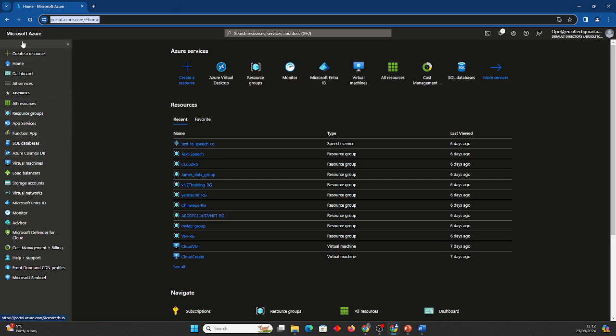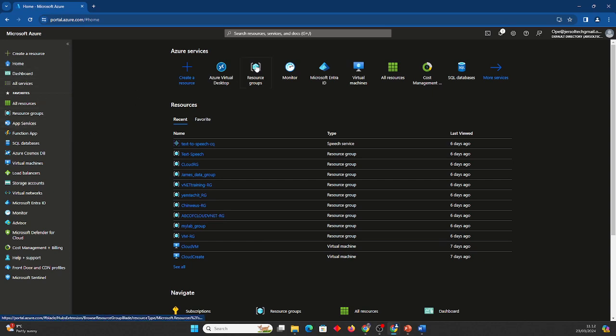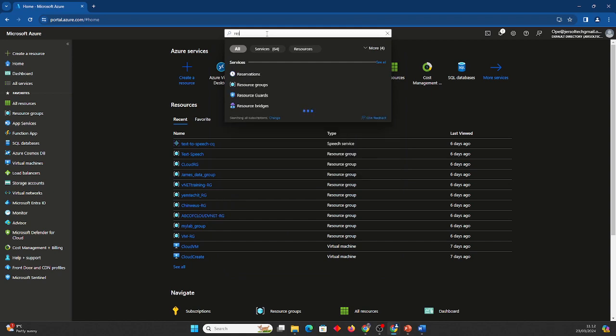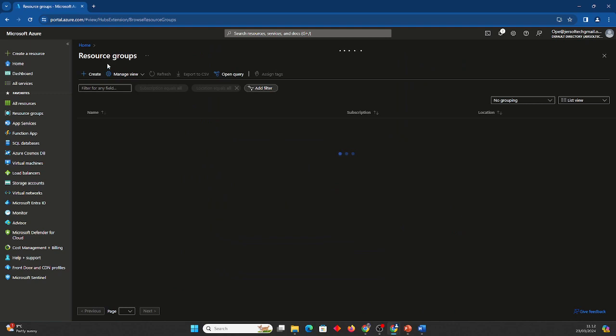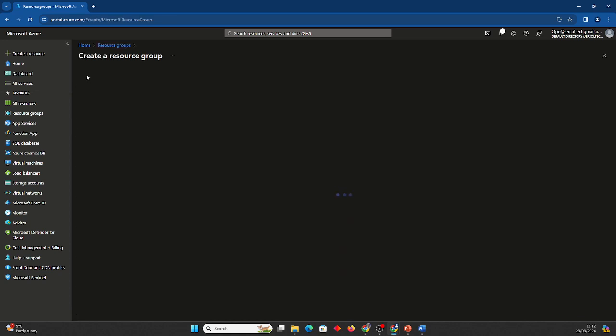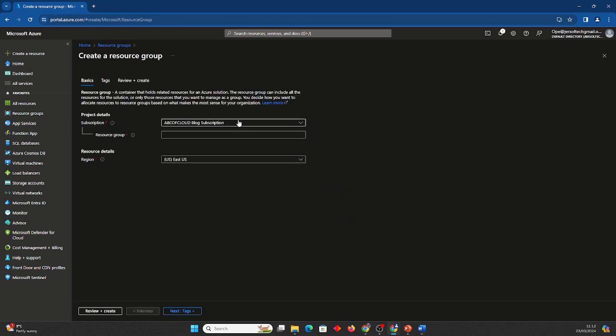So to do that, once you open your portal, you can go to where you have search for resources and type resource group, or you might pin it by the side of the screen. So when you type resource group here, you come up here and click on create. Then here you choose your subscription. You choose the subscription you want to use. It depends on the kind of subscription you have. So I'm going to choose this subscription and then